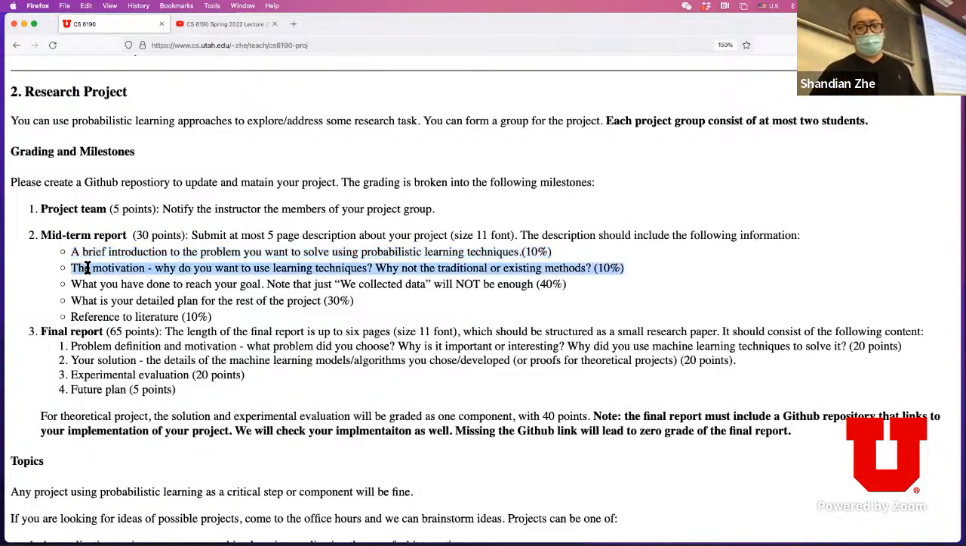Why do you want to use learning techniques, and why not use traditional or existing methods? And especially, what kind of benefit do you expect probabilistic learning will bring? For example, we actually launched a program. It's called Deep Learning